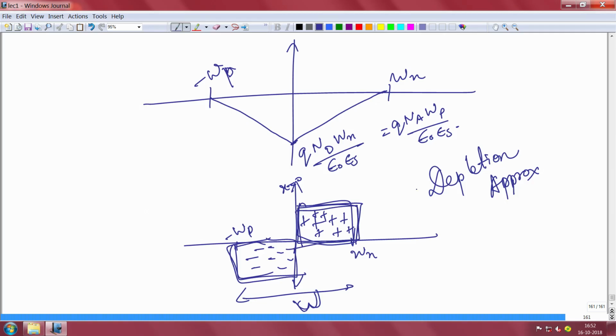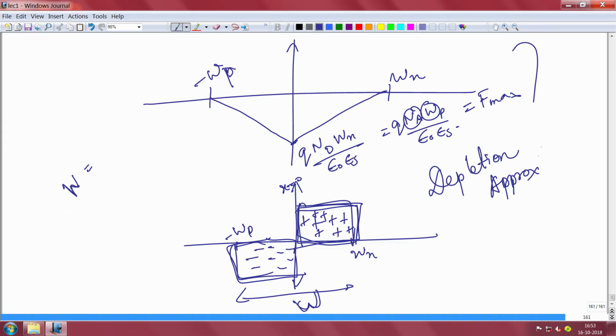So now we basically know the static conditions. There will be many numerical problems to find out. For example, what is the maximum field? Values will be given to you. What is the depletion width, W? Again, values will be given to you, or you are given the depletion width but you are not given the doping, and vice versa. So there could be many numerical problems that you are asked to solve.